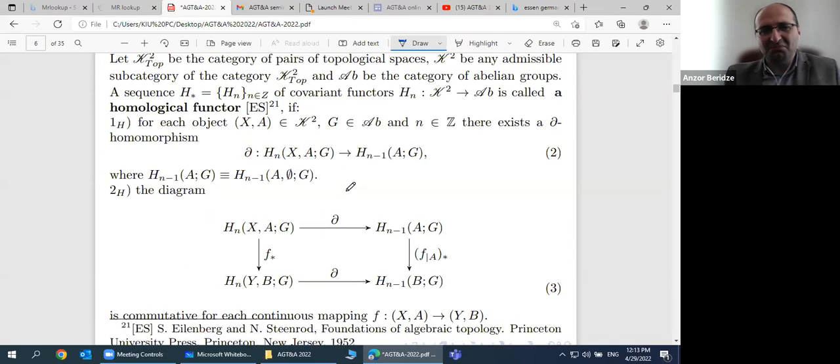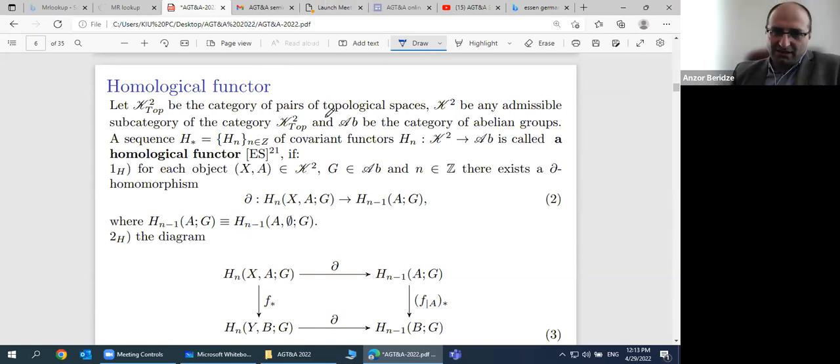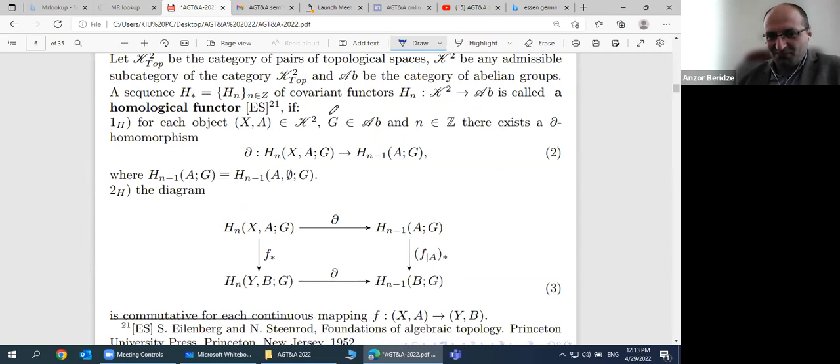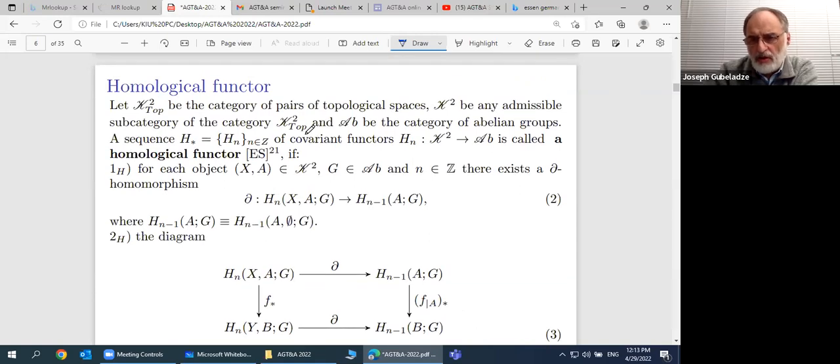Now, maybe it is not necessary to recall what the homology functor and cohomology functor are, because I think everyone knows this notation. I think it's still good if you spend a couple of minutes on that, because it's going to be recorded. It is recorded, and not all in the audience are topologists.